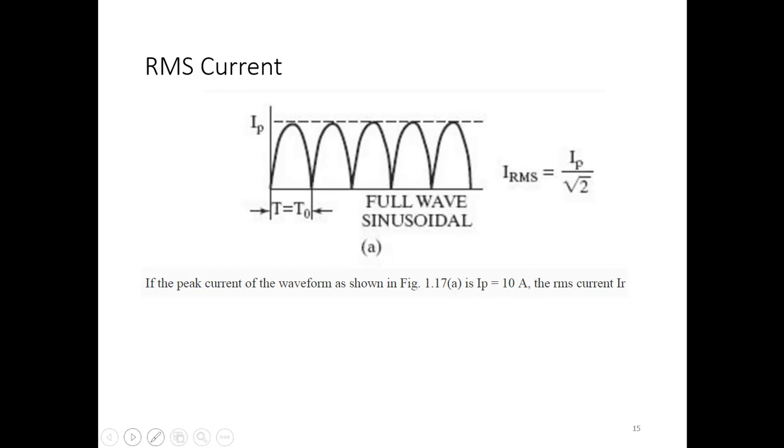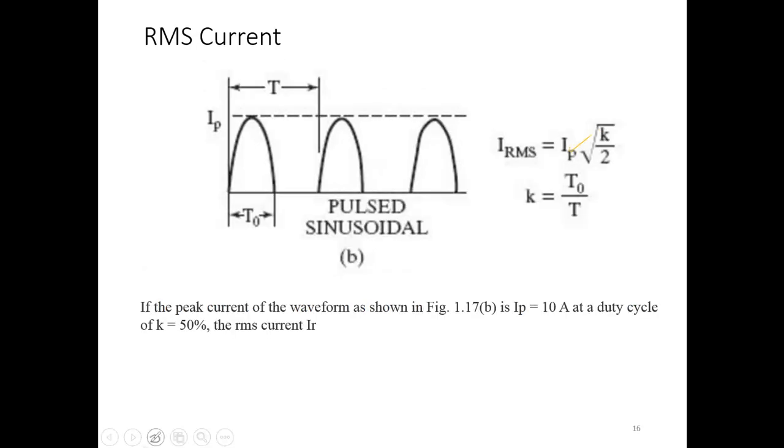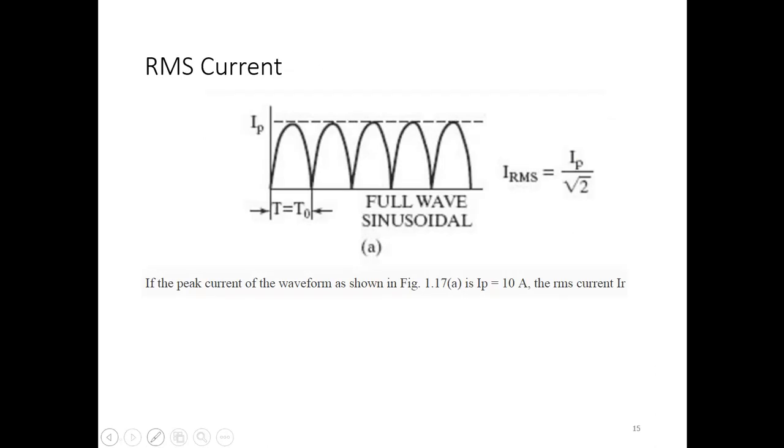There may be questions about this. One question: what is the RMS current of this one? If the peak value is given, you can find the RMS value by dividing by root 2, because you know the root mean square value of a sine wave is the peak divided by root 2. But this is not a sine wave, it's a pulsating wave, because the root mean square value